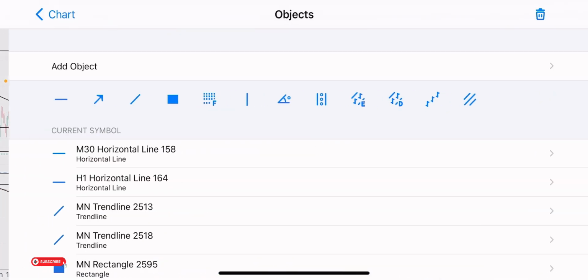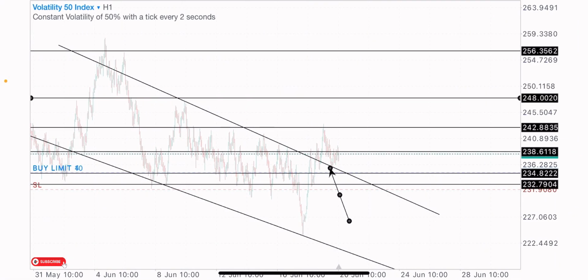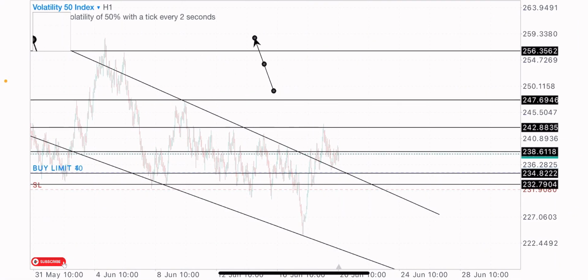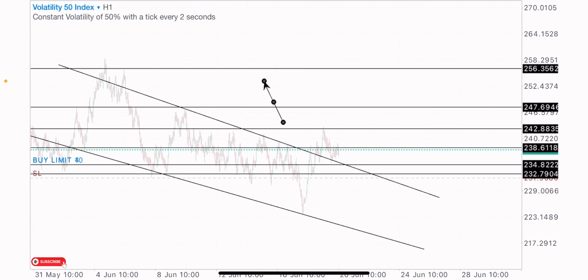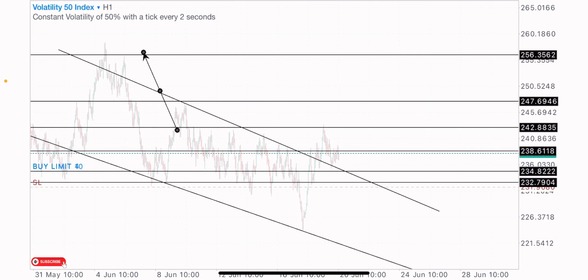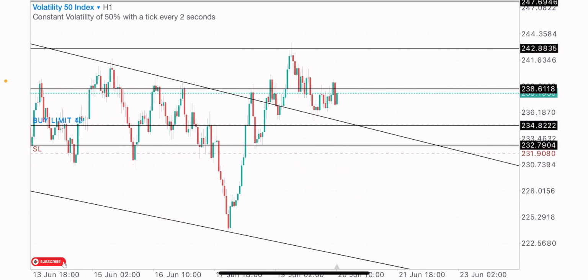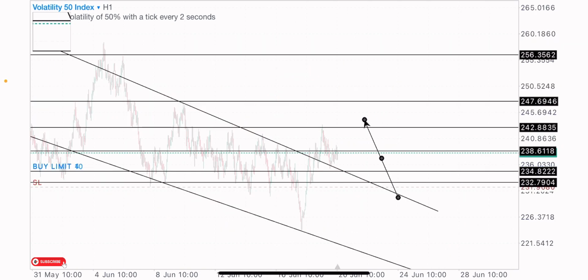Second TP level would be somewhere here, somewhere at this point. Third TP level would be at these highs. Then fourth TP level would be on this level we spotted on the monthly time frame, on the weekly time frame, I would say, this general target level on these buys. So that's my view and analysis, and that's what I'm expecting basically on this index.